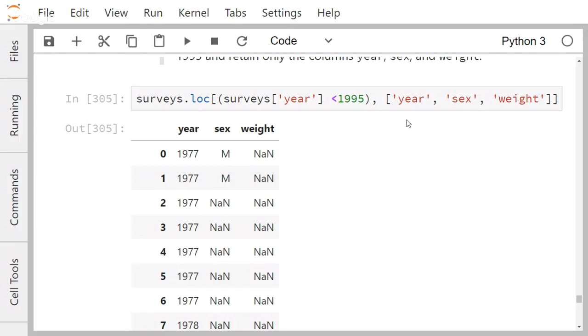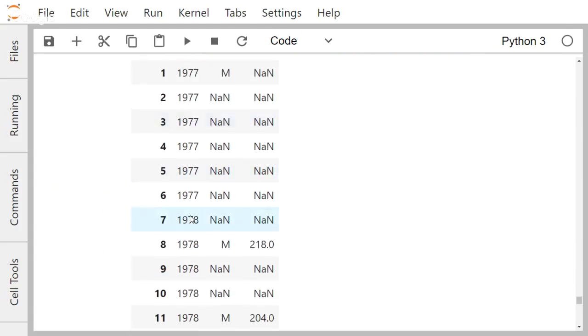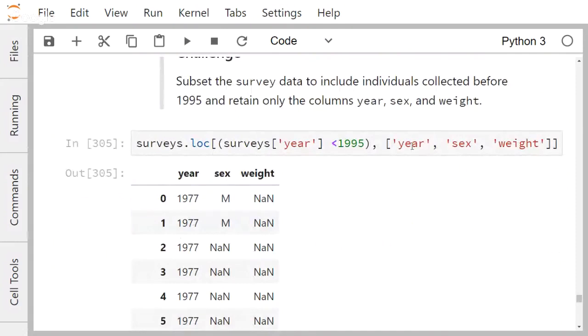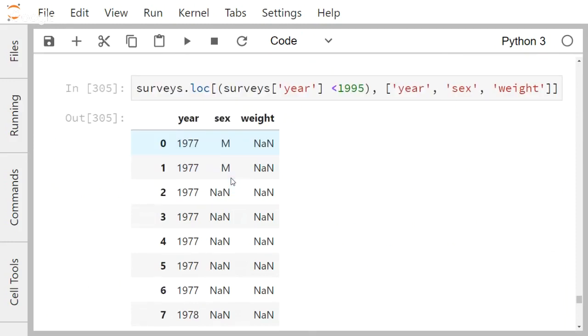And so as you can see, we have in our new thing, only the years which are less than 1995, which includes a lot of 1978s, sorry. And we only have 3 columns, the year, the sex, and the weight. I'll give everyone seconds to copy that down. And then there's just 2 concepts and the final challenge. Okay, so assuming that you've all copied that down,